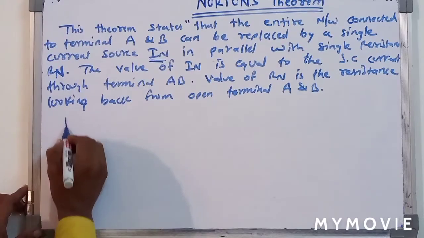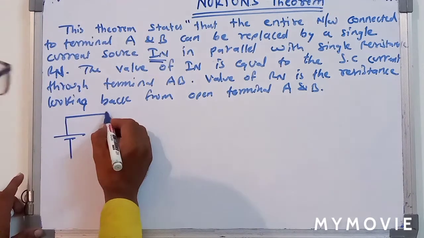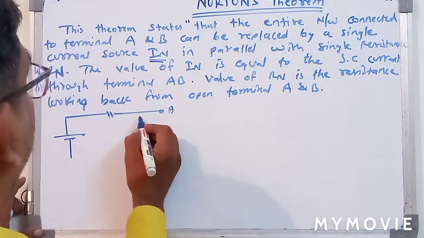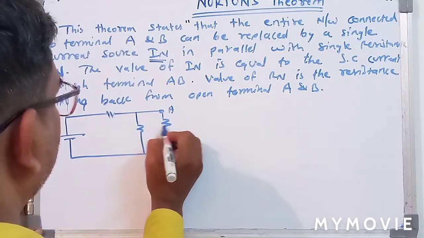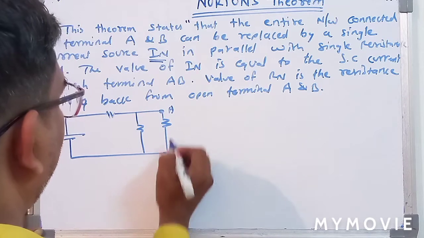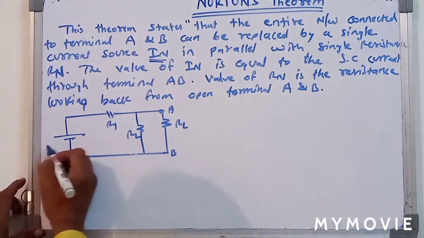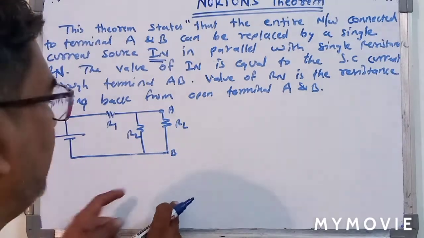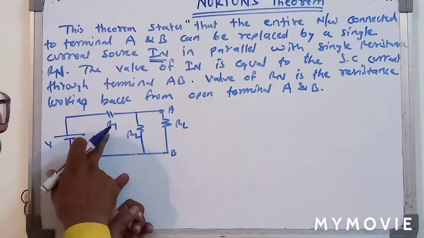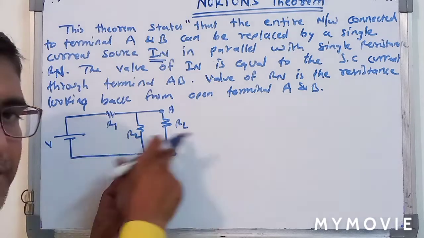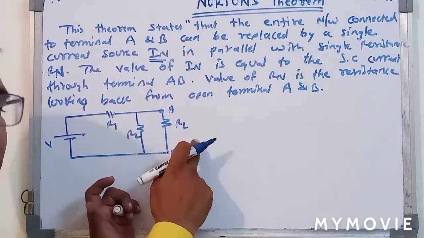Suppose you have the voltage source. This one is the voltage. Here one resistance is connected with the terminals A and B. One resistance and a load resistance, that is RL, are connected to the terminals A and B. It is R2, it is R1, and it is B. Consider this circuit. By considering this circuit, you yourself will be able to understand that there are only three resistances and one single voltage source. Out of these three resistances, one is the load resistance.